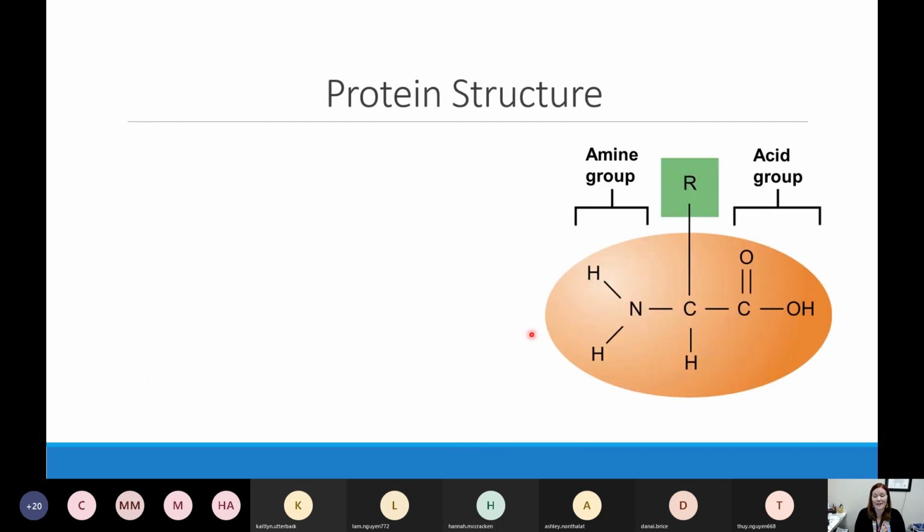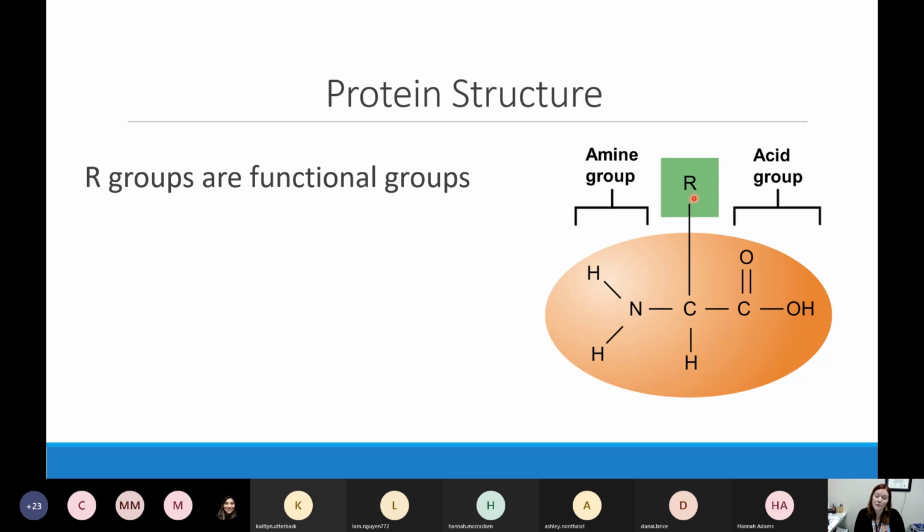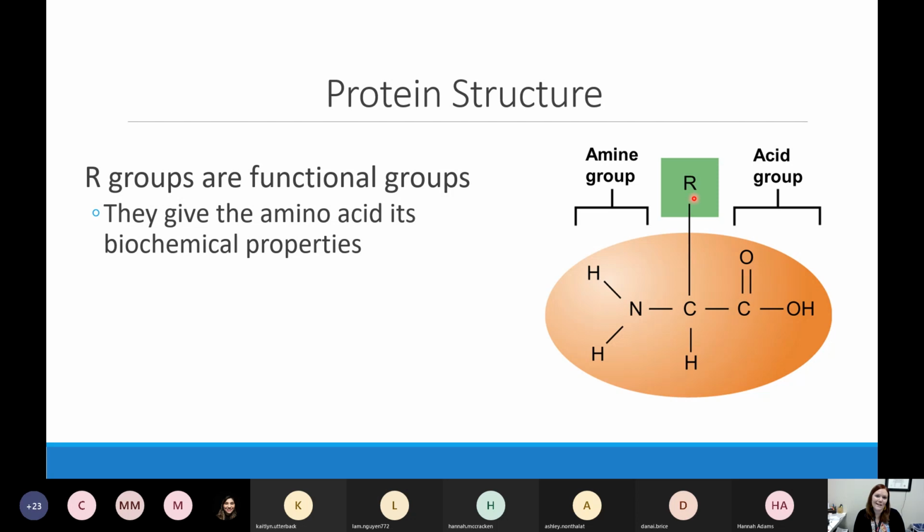That has to do with a part of the amino acid that we didn't talk about yet. And that part is this part up here. So this part up here is the functional group of an amino acid. Hey, this is not a biochemistry class, so I'm not going to ask you to memorize the structure of all these different functional groups. When we talk about the functional groups, though, they're very important because, to use technical anatomy